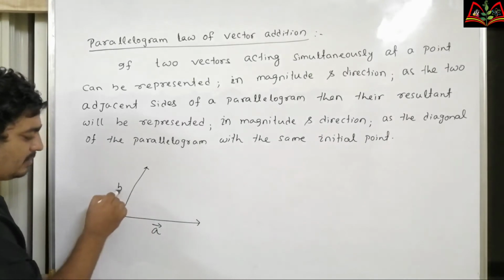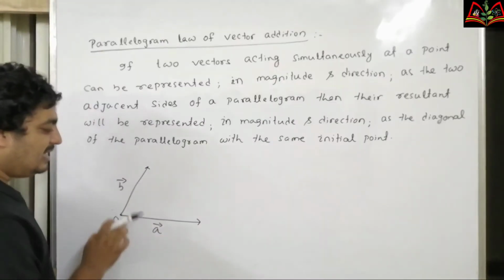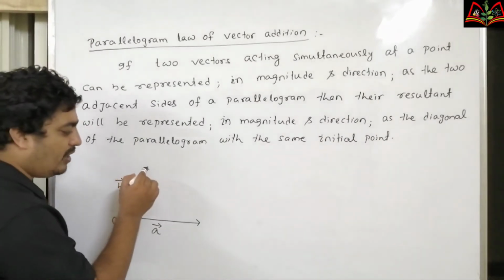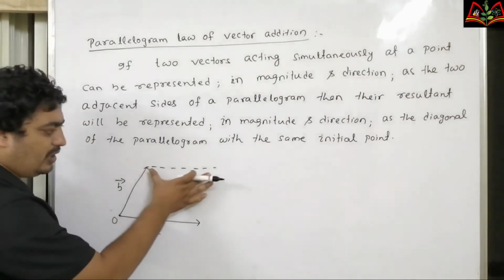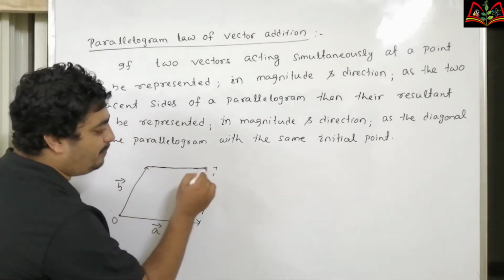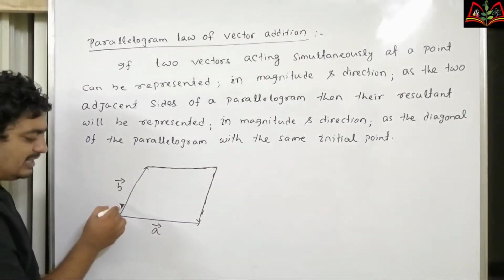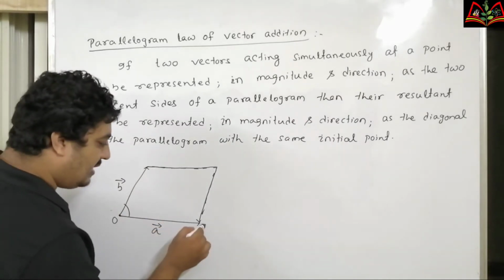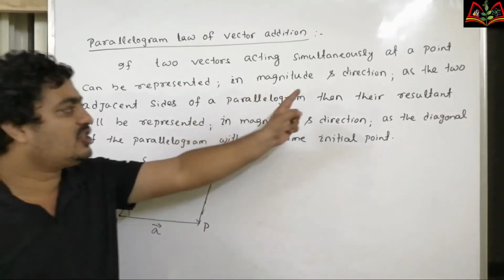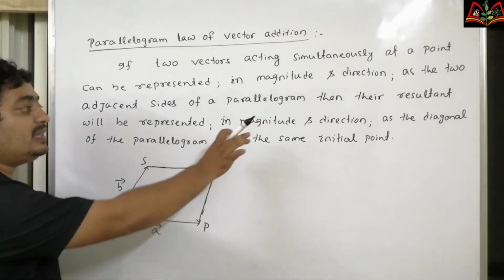A and B. Now they are acting at a point O. They are represented as two adjacent sides of this parallelogram. Then we have to draw a line parallel to A here and a line parallel to B here. Now this will be the parallelogram. Now the vectors A and B are the two adjacent sides of the parallelogram. Now complete the parallelogram. Now their resultant will be represented as the diagonal of the parallelogram but with the same